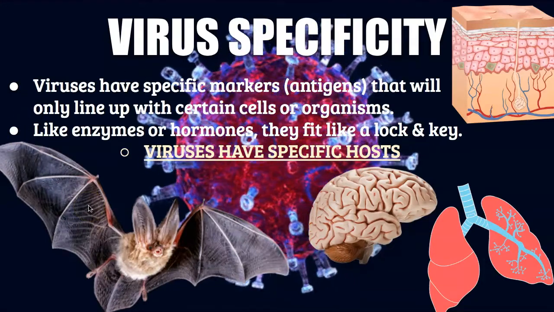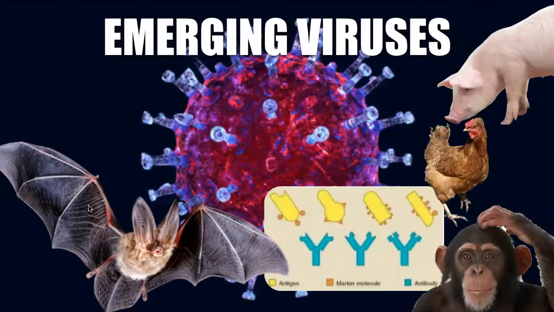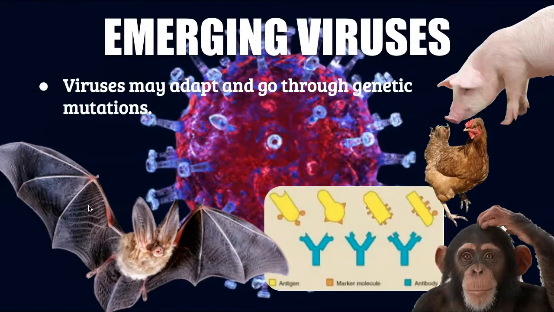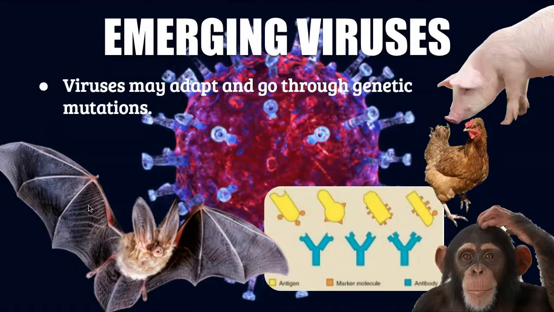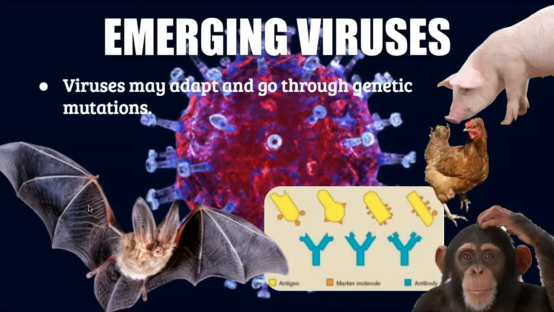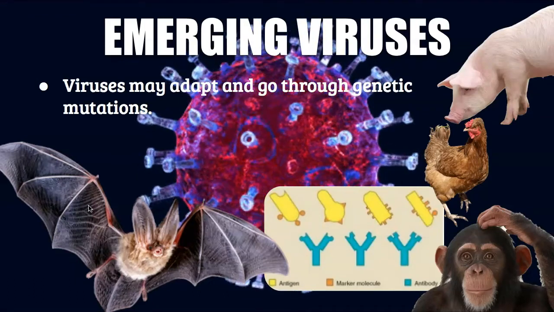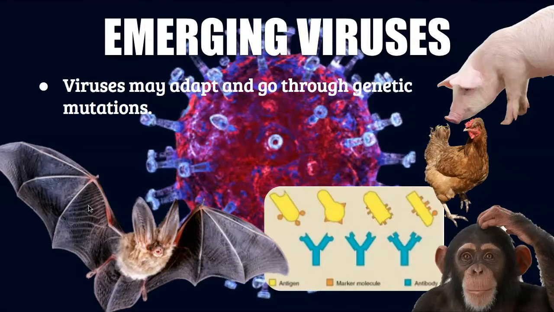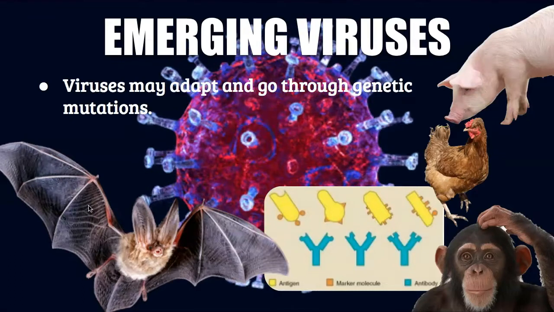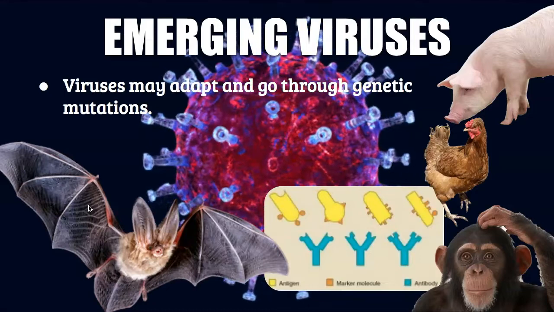And most likely, yes, there are bats that are carriers of this virus. But what's happened is this virus emergence. And so what happens from time to time is, if you remember when we talked about creation and evolution, we talked about genetic mutation, gene mutation, how rare it is sometimes to happen. Well, it's very rare in our cells, but in a virus, that DNA is actually mutating quite a bit, quite often, very rapidly, very fast. That's the same reason that you need a new flu shot each year, is because the virus adapts.